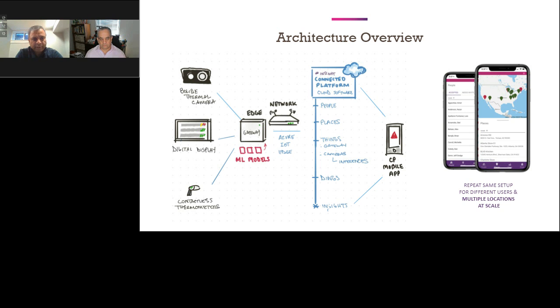The second thing I wanted to highlight is the way we organize the information, and we'll show you the UI a little later, but the way we have defined this is by people, places, things, and locations, and also alerts. And we basically organize in those construct so that you can take any scenarios and basically try to plug that into this user interface and create the solution.